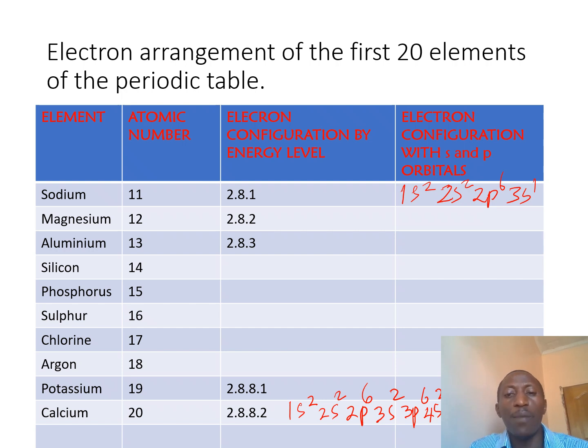20 elements. You can pause on the video, take your time, you complete it, because in the next slide we shall reveal the expected arrangement. So take a moment, you fill in the table. It will enhance the understanding of why the 1s energy level, the first energy level, has only one orbital, the s orbital occupying a maximum of 2. The second energy level has 2 orbitals, s and p, a maximum of 8 electrons, and that is 2 in s, 6 in p. And then energy level 3, and so on.